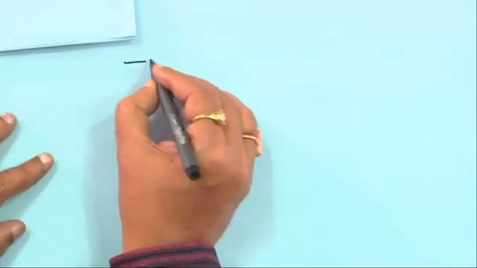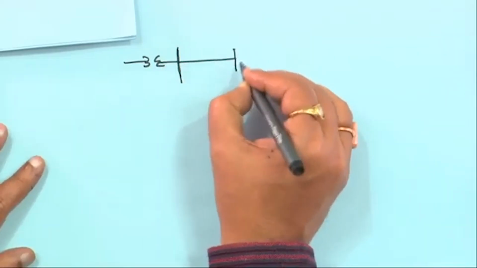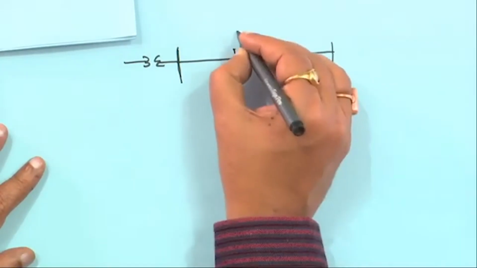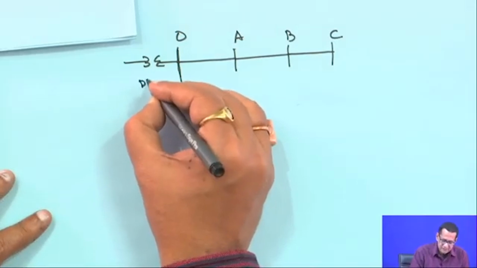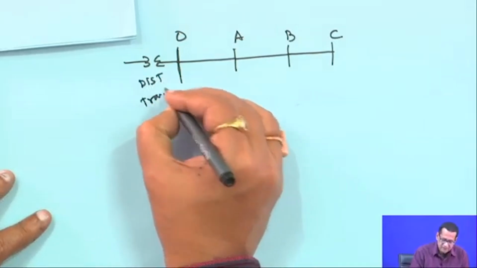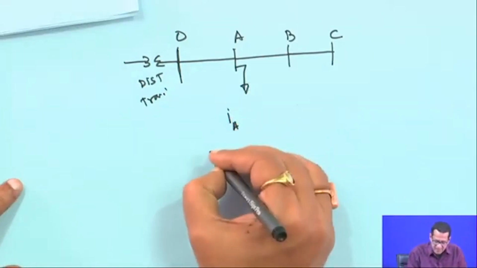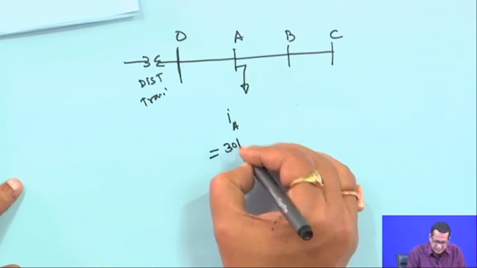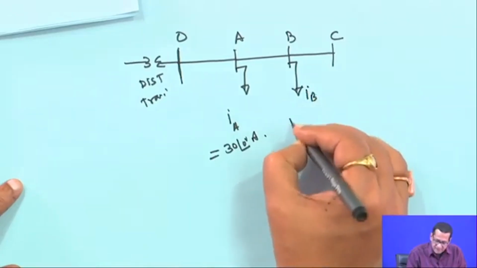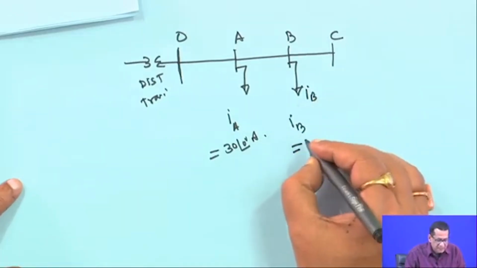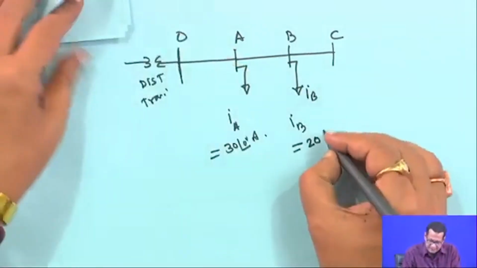Suppose you have a distribution transformer, these are your nodes, this is point A, point B, point C, this is O. Here the current IA is given as 30 angle 0 because of unity power factor, and this is current IB, given as 20 magnitude, with a power factor angle of minus 60 degree